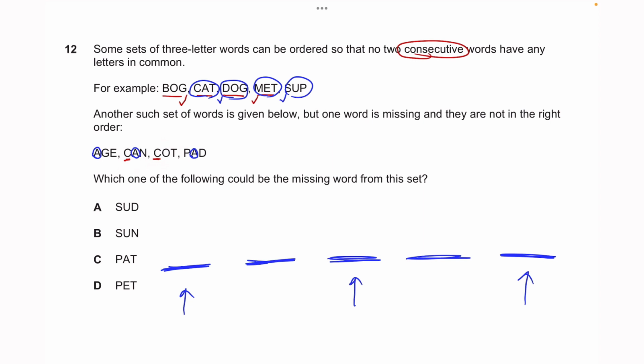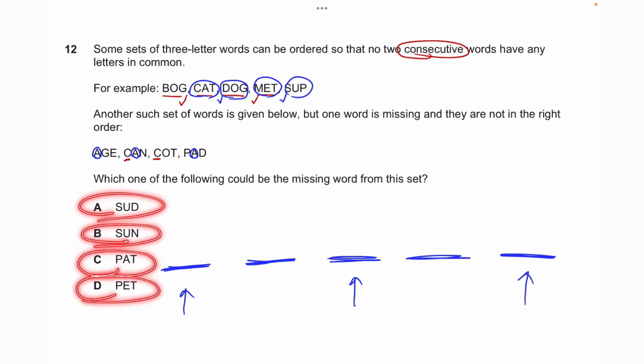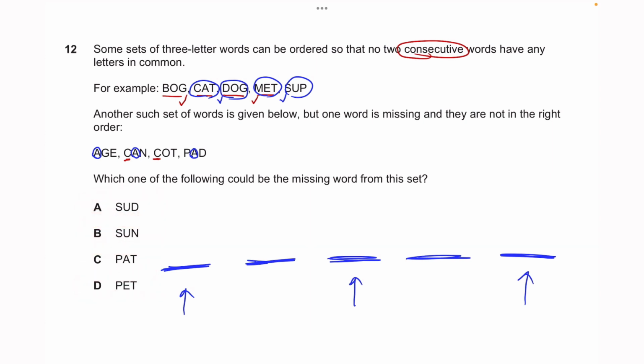So if we have a look here, to find out what the missing word is, it's a matter of just going through each word option to see where it could possibly fit. Okay, and so what we're going to do is first start off with the word can, or even the word cot as well, because if you have a look, cot and can can't be next to each other, and cot is going to be in either one of